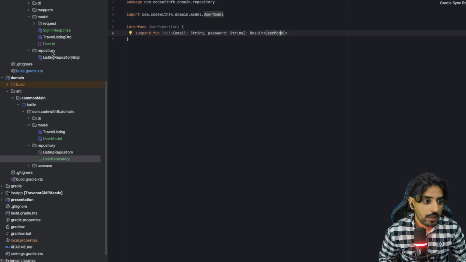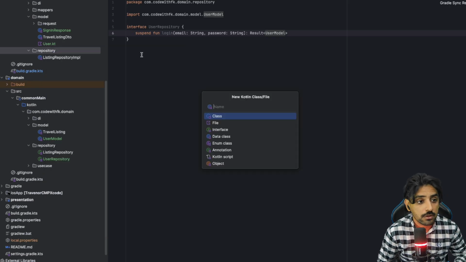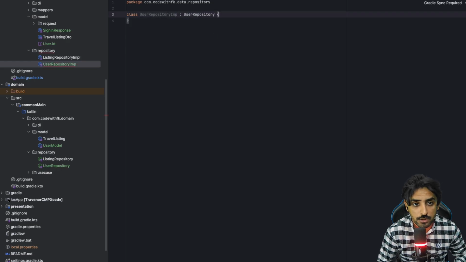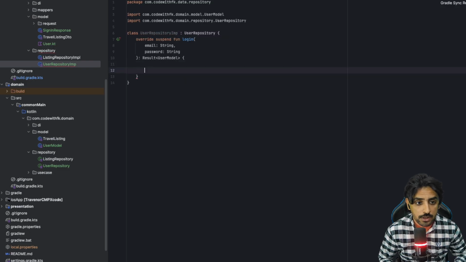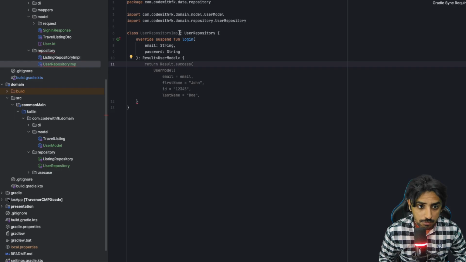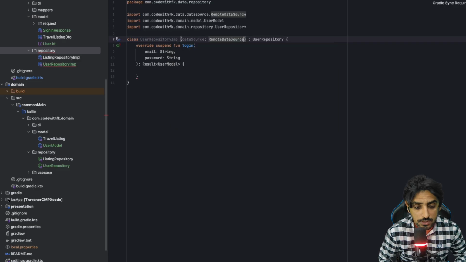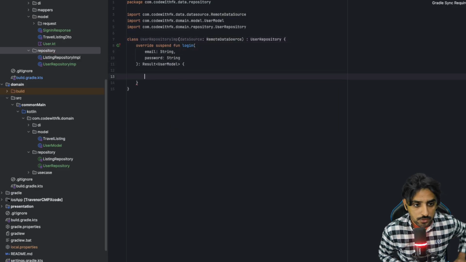Inside the repositories, we will now be implementing this repository. So we are going to create user repository impl, and this is going to be a class. Now we are going to say user repository. Let's import that. Once you import that, you will see something like this. Now this user repository implementation needs some things. For example, it needs the data source, which is the remote data source that it will be using. And this data source will help us